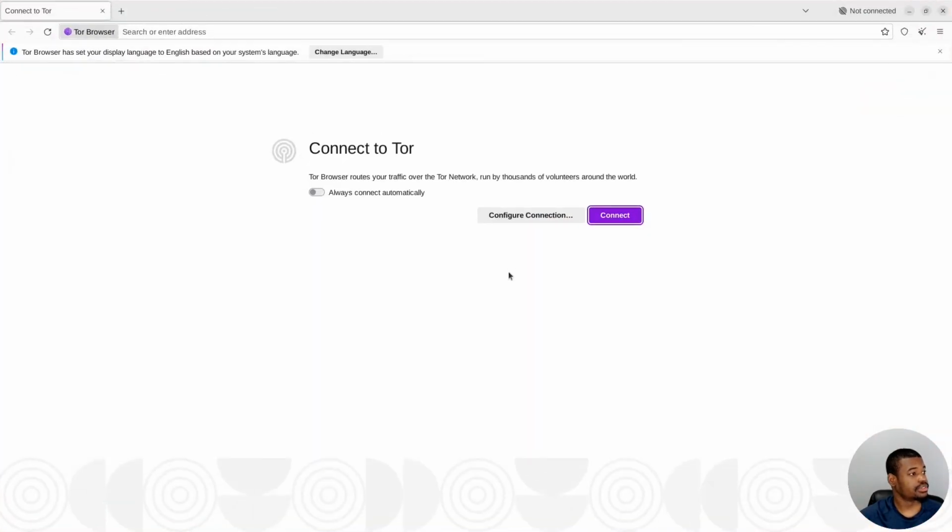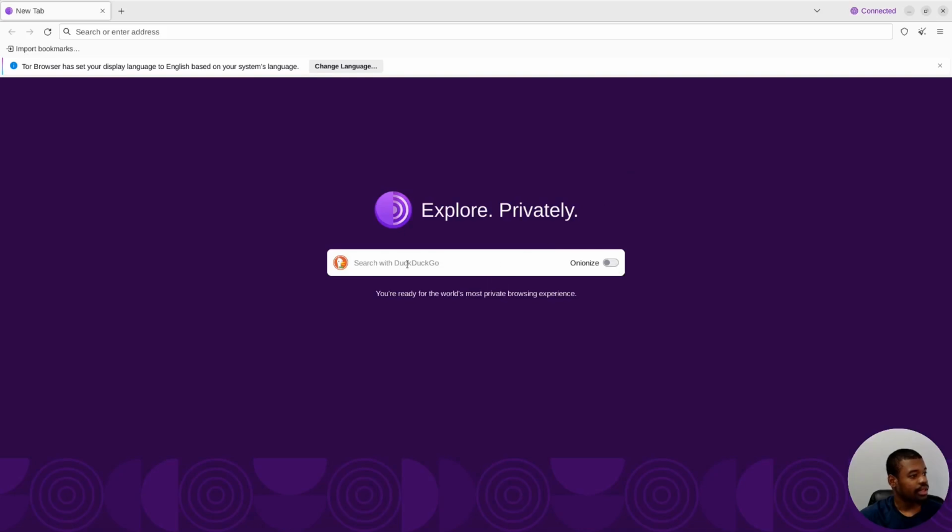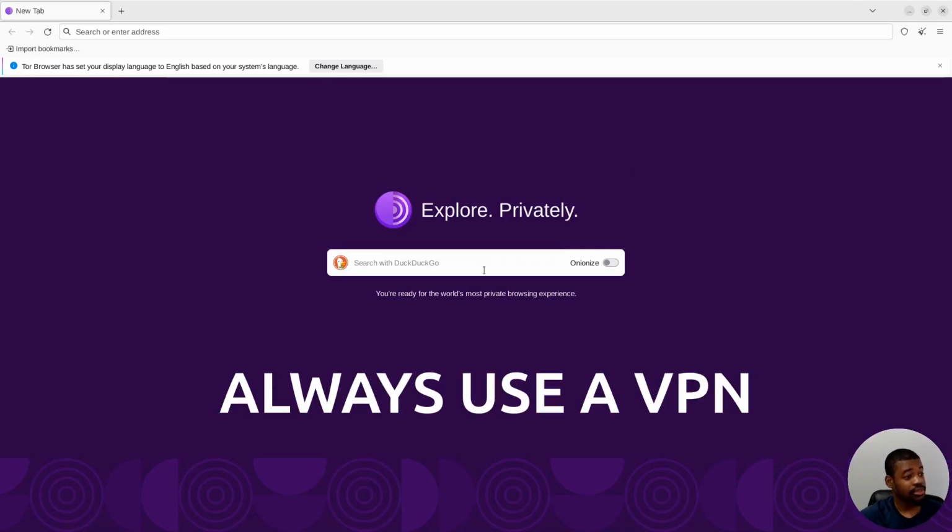Now that this is done, the browser is installed. This is what it looks like, no different from traditional browsers, except you'll now be able to connect to the, I call it the Onion network. Connect. And now, DuckDuckGo is the default search engine, and we will onionize, and then you can start surfing the dark